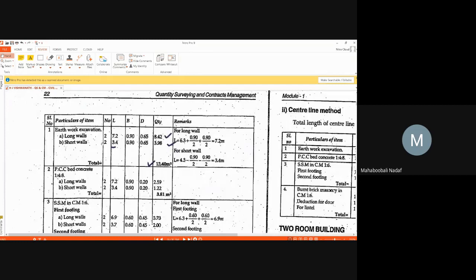Whatever you have calculated for excavation, the same length you write here: 7.2, 3.4, 3.4, 3.4. So here also for the PCC bed, again two long walls, two short walls. Long wall corrected length 7.2, corrected length 3.4, width is the same as excavation, but the depth of the PCC bed,